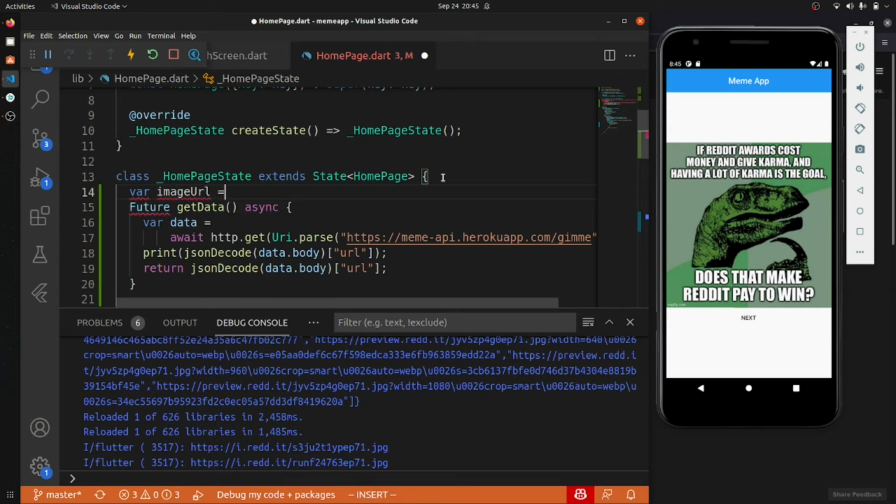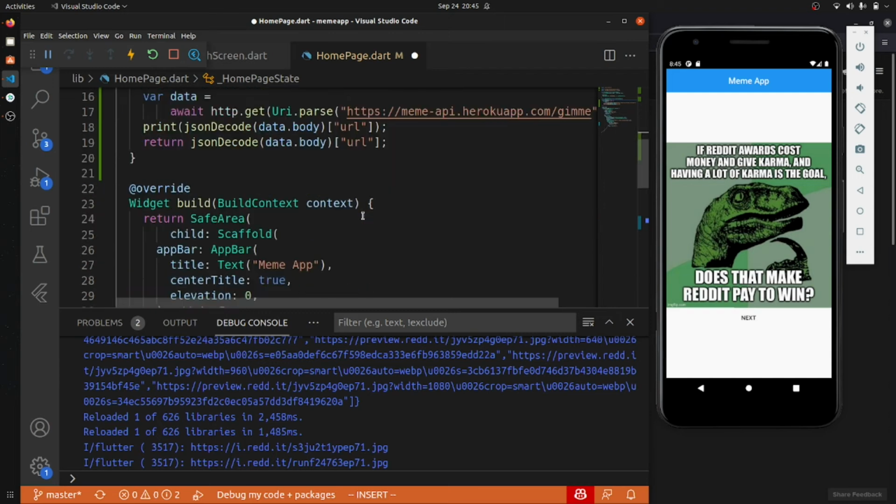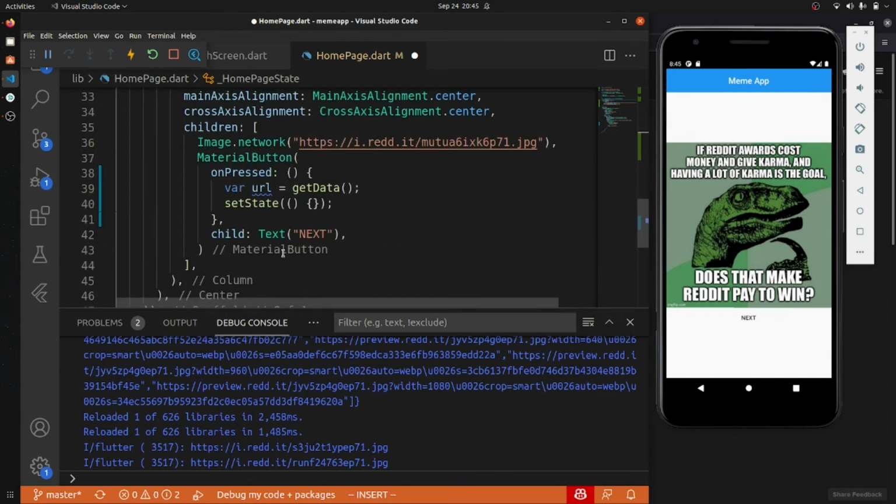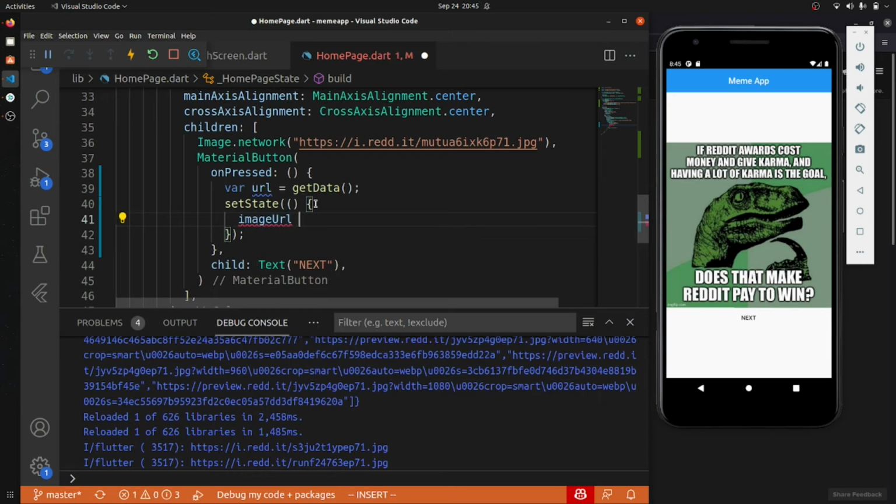Where image URL is equal to, firstly we have to just give a null value, an empty value, and every time this button is clicked, image URL is equal to URL.